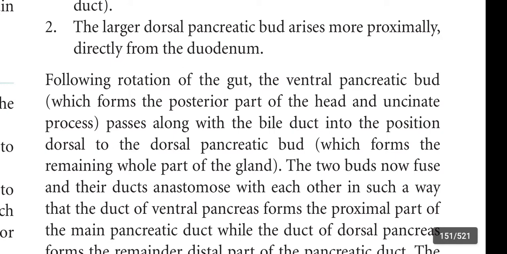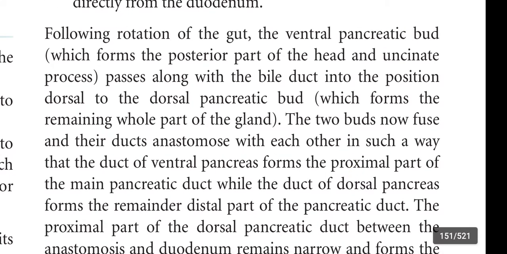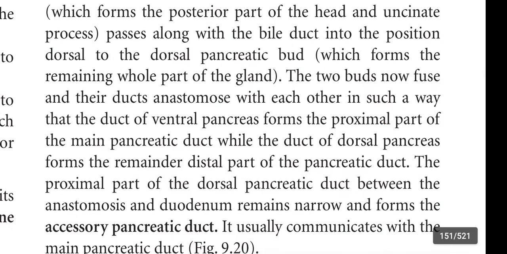Following rotation of gut, the ventral pancreatic bud, which forms the posterior part of the head and uncinate process, passes along with bile duct into the position dorsal to the dorsal pancreatic bud, which forms the remaining whole part of gland. The two buds now fuse and